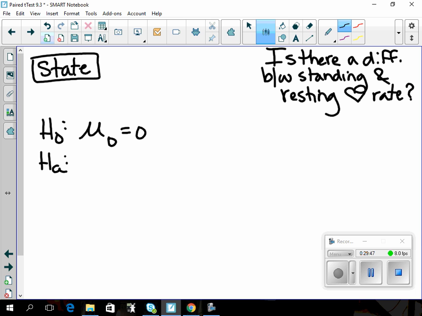The other way you could say it is that the mean of, which one do you think is going to be bigger, standing minus resting is equal to 0. Wouldn't that be the status quo, right? There is no difference between resting and standing. What would the alternative be? And then we're going to come back, Mike, to what you said in terms of the parameter. What do you think? Do you think it's going to be higher or